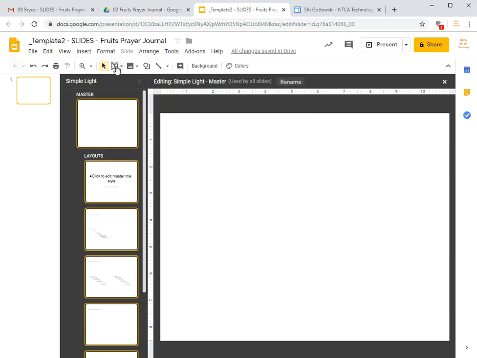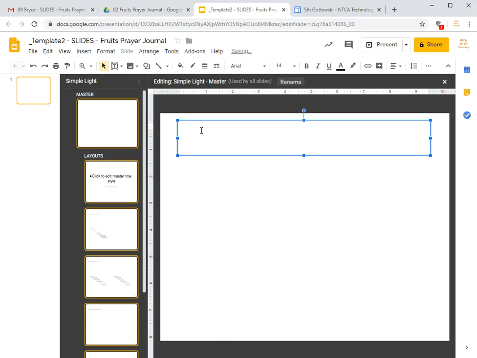Now, the first text box I want you to add, you want to click the text box icon on the toolbar. Once you click it, you just click text box, and you'll get what looks like a cross. And what you want to do is you're basically drawing the box in which you're going to put text. So you're going to kind of drag your mouse down and over to the right, just like that. And then you're going to enter your title, which is Fruits of the Spirit